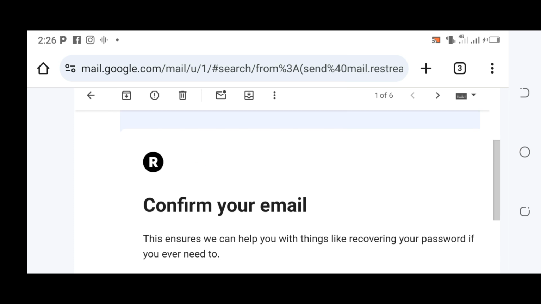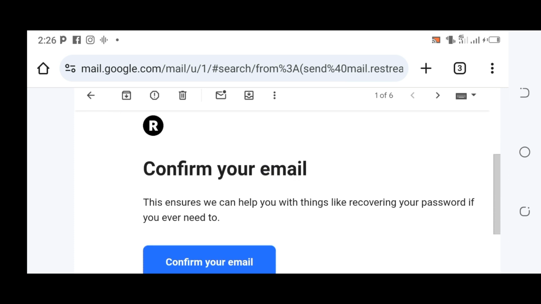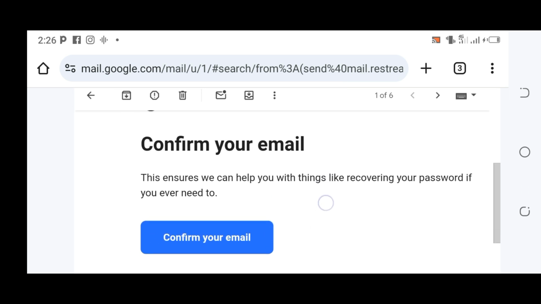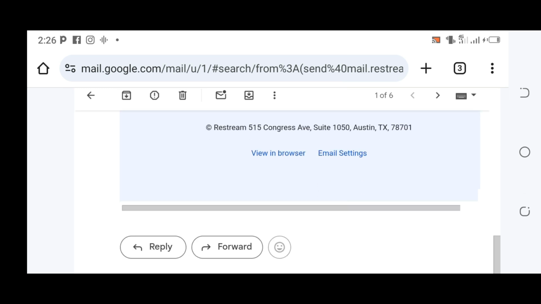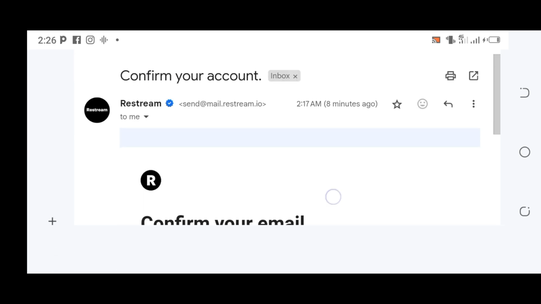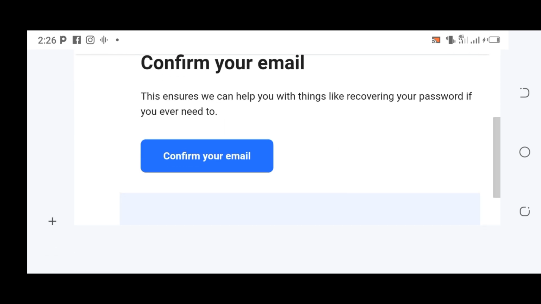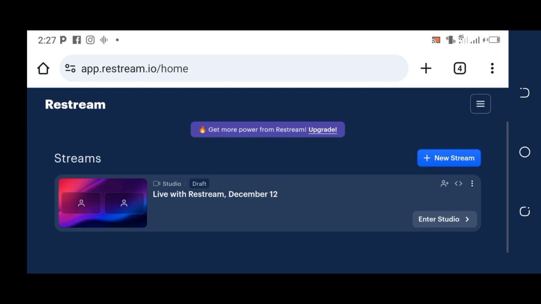Okay, when you scroll down here, you can see confirm your email. This ensures we can help you with things like recovering your password if you ever need to. Okay, so you can see it here. So I'm going to go ahead and tap confirm your email. Tap on it like so, then wait. All right, so we are back at home